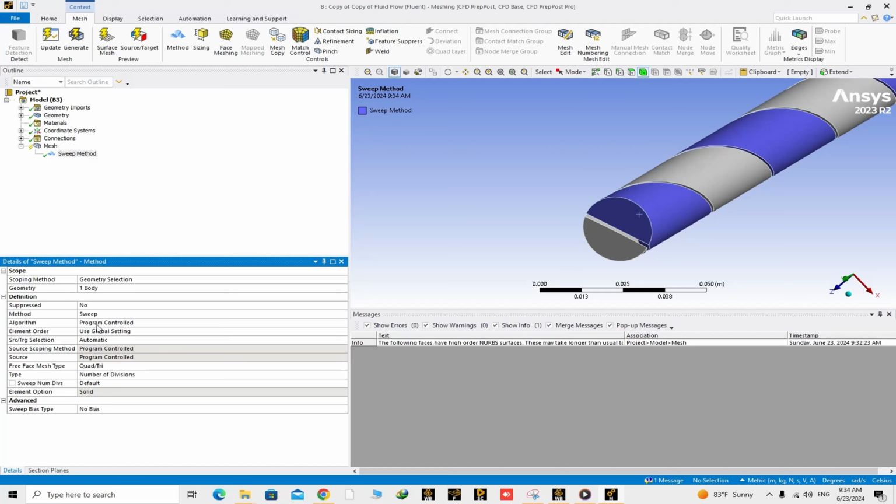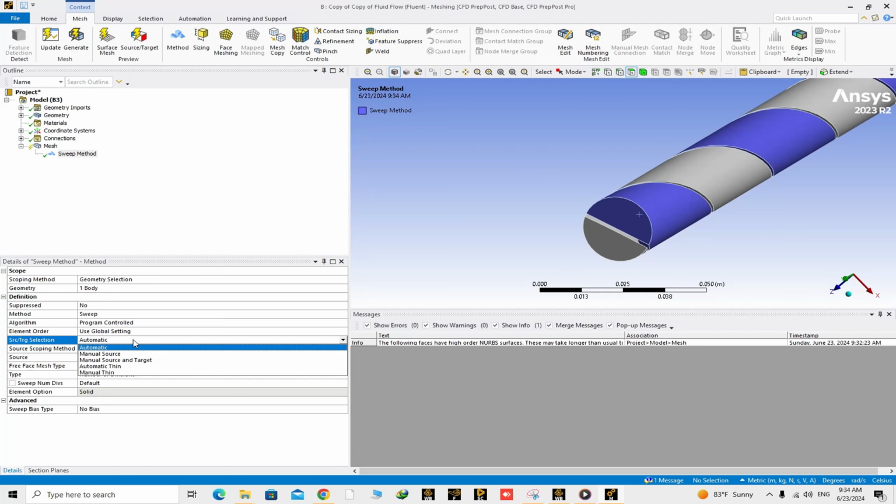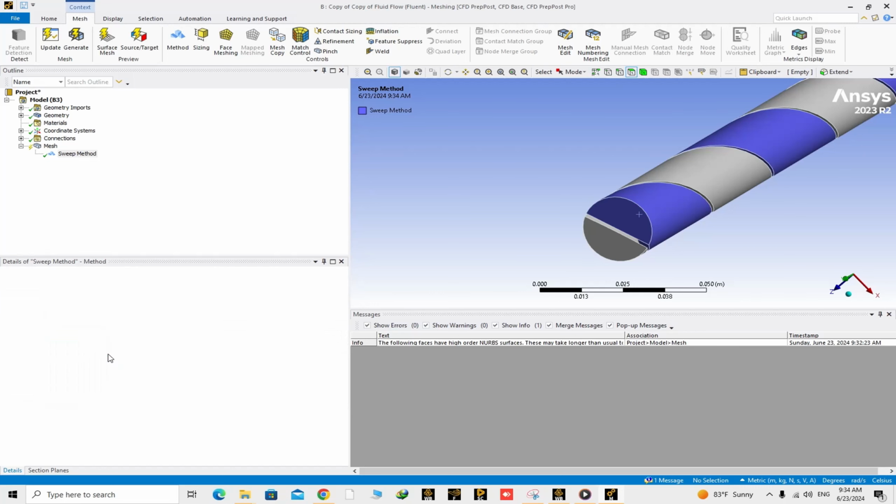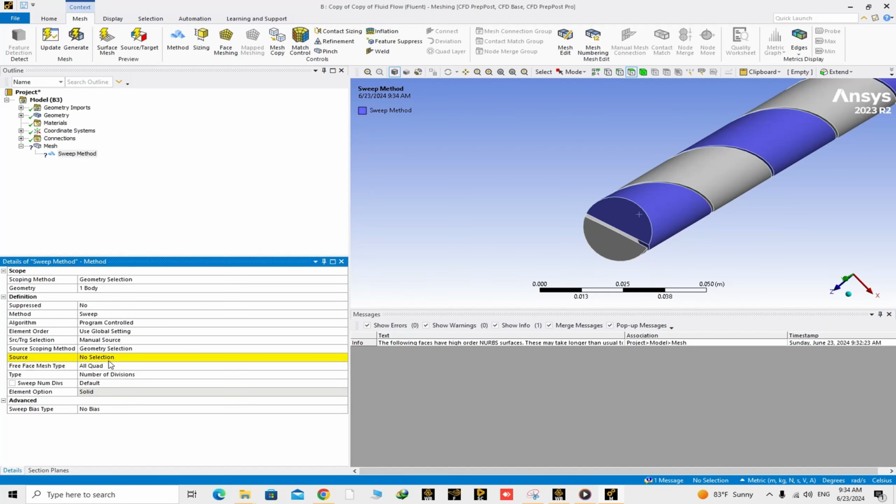The algorithm is on program controlled, and the element order is global setting. Source should be chosen manual, and I should choose a surface as a source of sweep method meshing. So I use this surface, apply,